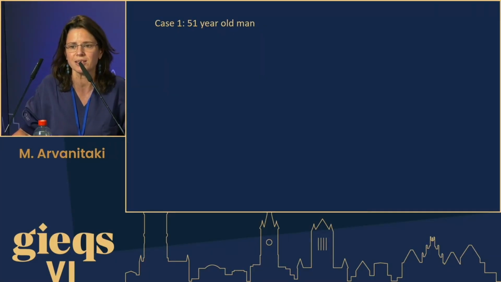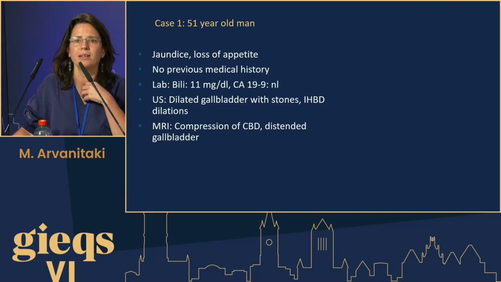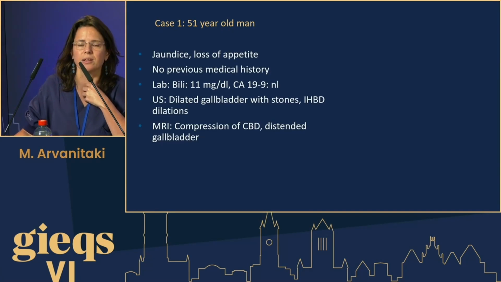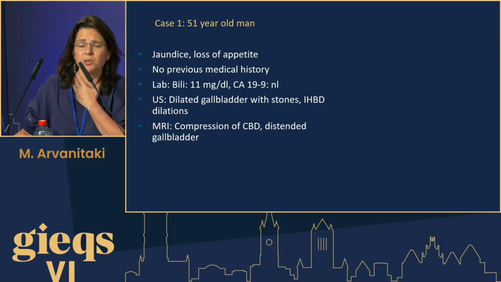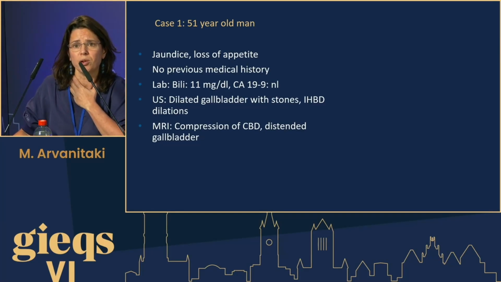I'll start with a case that we had many years ago. So, a 51-year-old man comes in with jaundice. He has high bilirubin levels. He has lost weight. He was in previous good health before. We see that he has a normal tumor marker. And in the US, we see that there's a dilated gallbladder and intrahepatic duct dilation, and the gallbladder has stones. And he has an